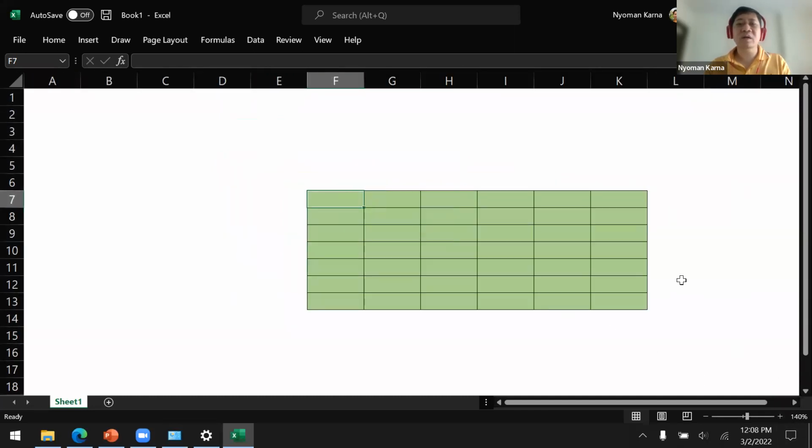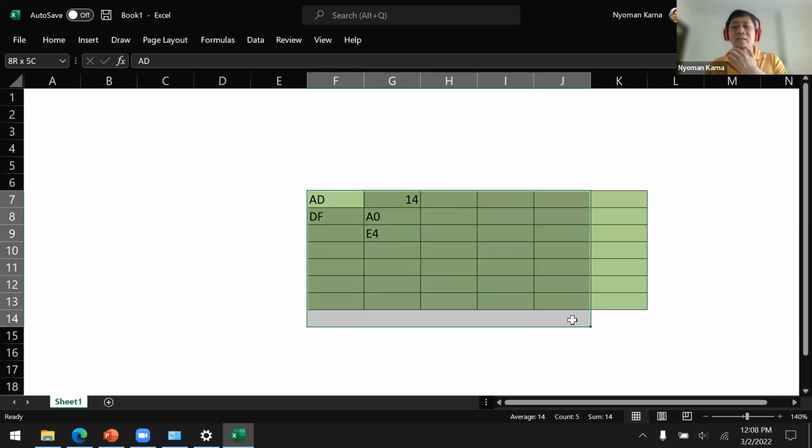We can store, for example, AD, and then we can also store DF or A0 or 14 or E4, etc. This is the data stored inside the memory.